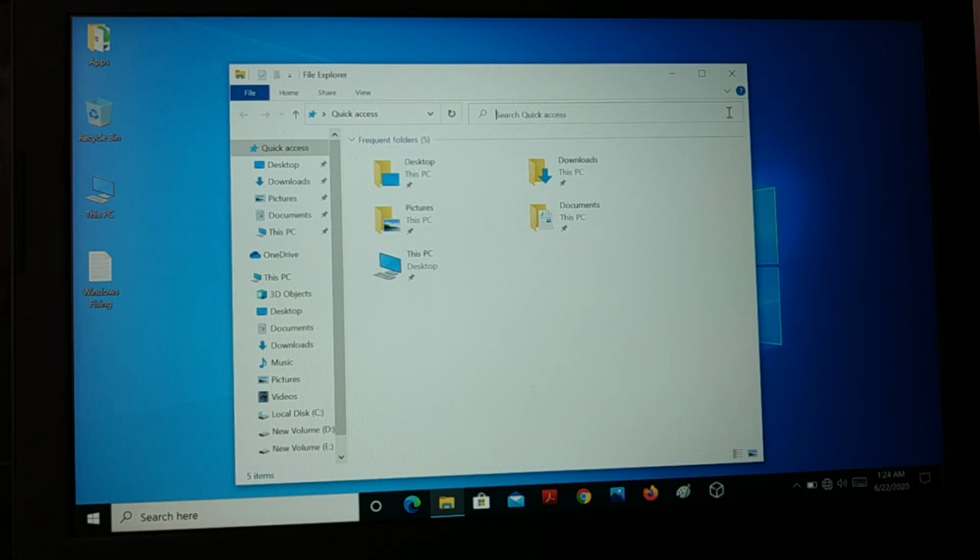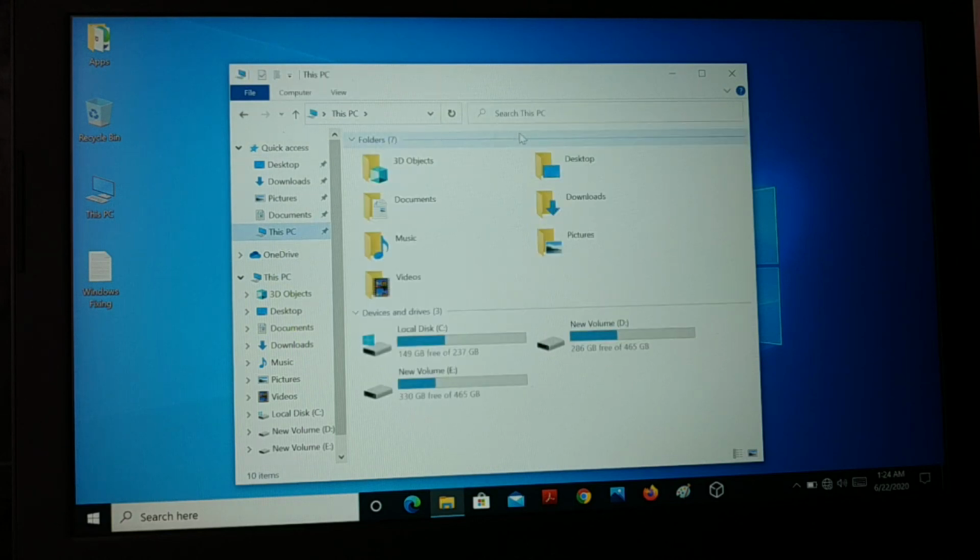There are a number of steps in this tutorial. I hope these steps will definitely help you guys. So you can try these steps in order to fix this issue, File Explorer search is not working. Even if you are trying to access This PC and make a search in any of these folders for any files, you are not able to search. It is not showing you any result. So guys, let's begin with the very first step to fix this issue. What you guys are going to do in the very beginning,